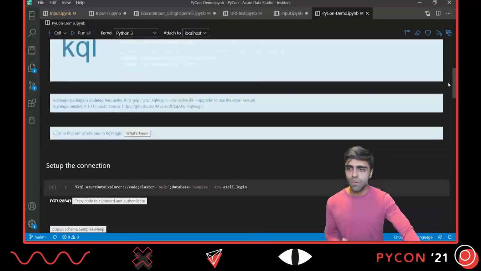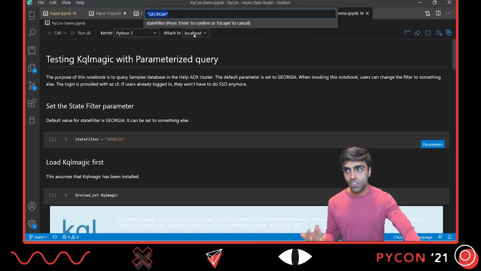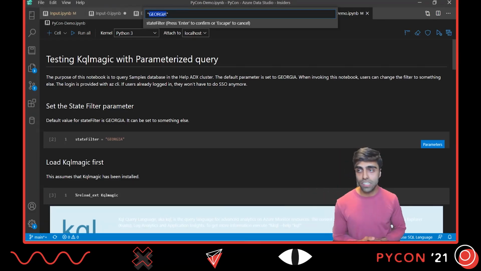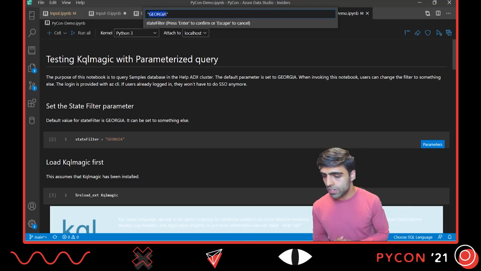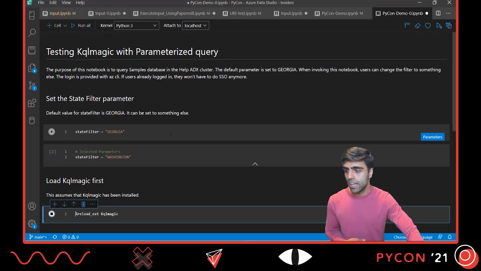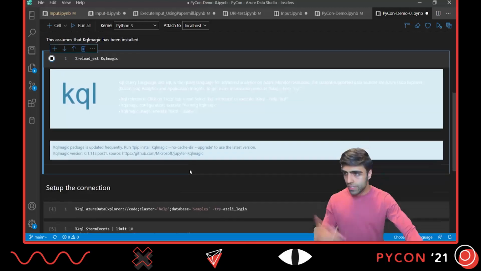So now let's say we want to go back up and add a new parameter for a new state. All we're going to have to do is indicate, using our run with parameters action, what state we actually want. Let's say I'm currently living in Washington State, so let's do Washington. And now we have to rerun the notebook for it to actually be executed, so it will be a quick reloading of KQL magic,